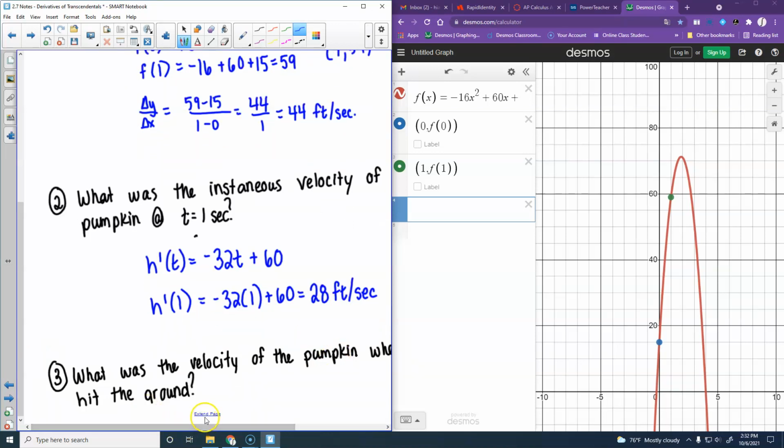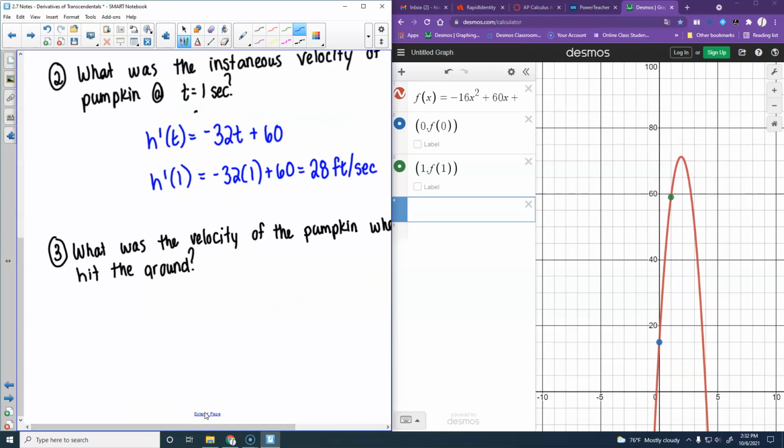Number 3 says, what was the velocity of the pumpkin when it hit the ground? At the moment when it hit the ground, how fast was it going? So we want to know. Now, after it hit the ground, it was 0. But at the moment when it hit the ground, not when it stops once it hits the ground, but the